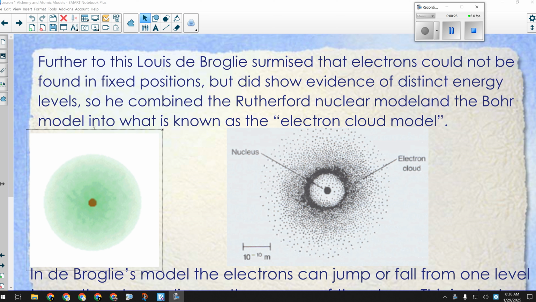We learned about a few important people, John Dalton being probably one of the most important, as he is the one who developed the atomic theory, which has how many points? 4. So, all matter is made of tiny indivisible particles called atoms. The atoms of any one element are identical. Atoms of different elements are different. Atoms can combine in simple whole number ratios to form compounds, and in a chemical reaction, atoms can be separated, joined, or rearranged, but they cannot be turned into atoms of another element. Those are the 4 points. You definitely need to know those.